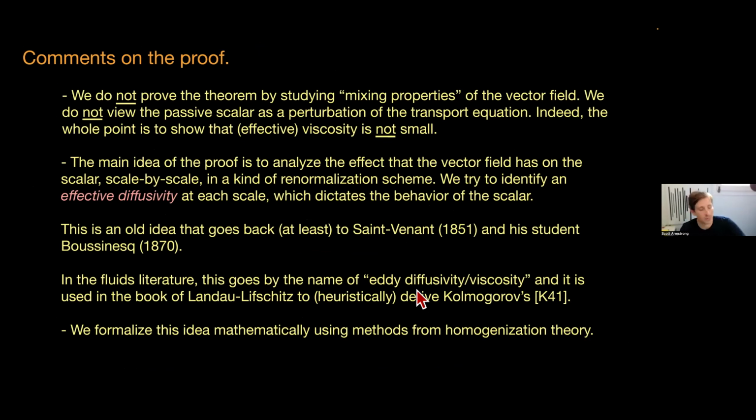So, some comments on the proof before I explain the basic ideas, because in some sense the proof is more interesting than the theorem in this case. We do not prove the theorem by studying mixing properties. So we do not think of the vector field as pushing around particles until in one minute the diffusion smears it out. We don't treat the Laplacian like a perturbation term until the very end when it dissipates things. We're going to study the equation, and at every scale, the amount of Laplacian that we have is going to be order 1 on that scale, as we're going to find out.